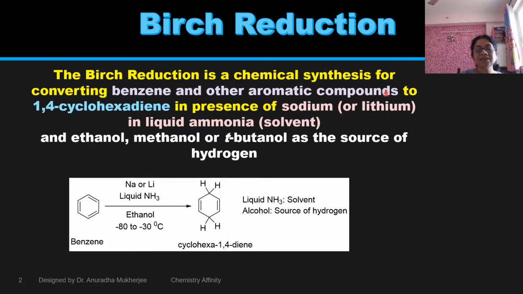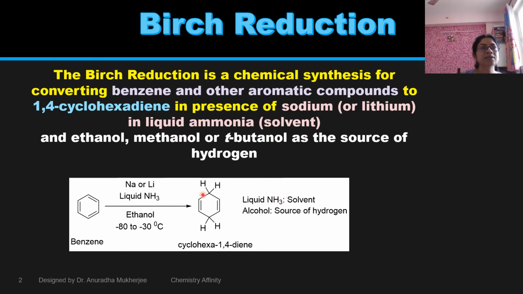The Birch reduction is a chemical synthesis which we can use to convert benzene and other aromatic compounds to 1,4-cyclohexadiene. For this reaction we need sodium or lithium in liquid ammonia, and we also need ethanol or methanol or tertiary butanol, which act as a source of hydrogen, and we have to maintain a quite low temperature like -80 to -30 degrees Celsius. So here in this scheme you can see that benzene is reduced to cyclohexadiene